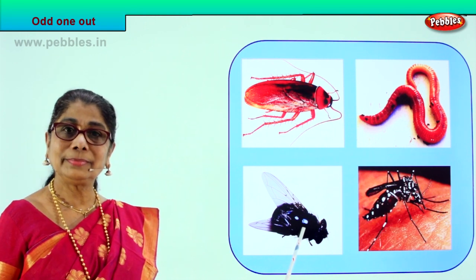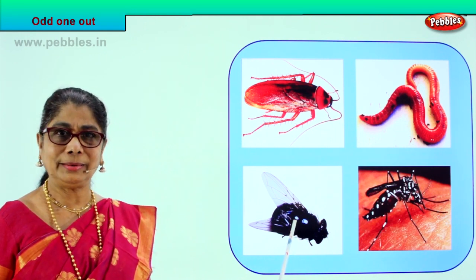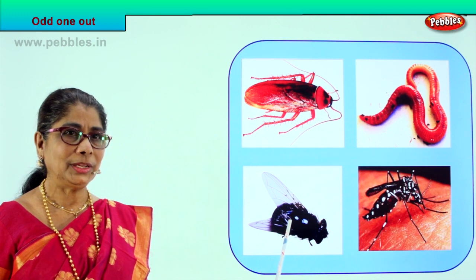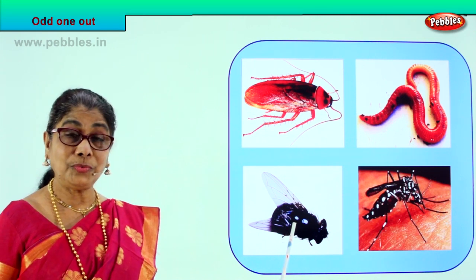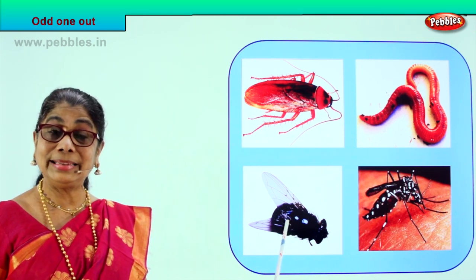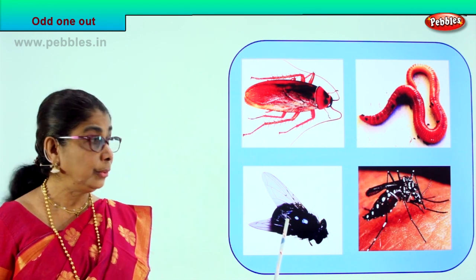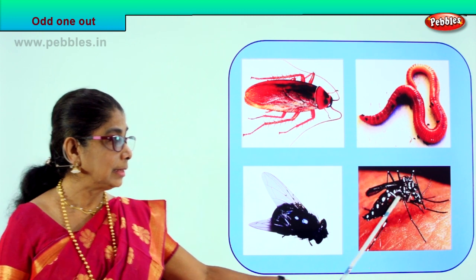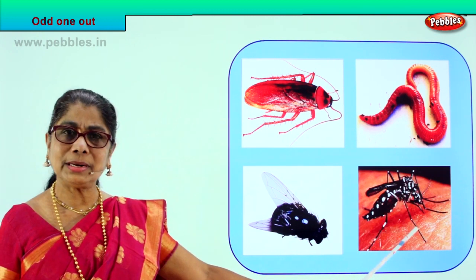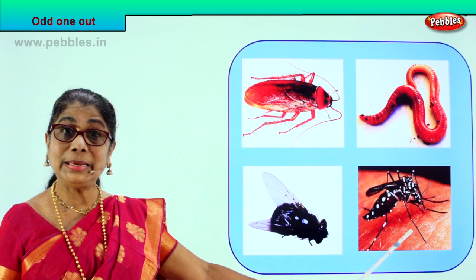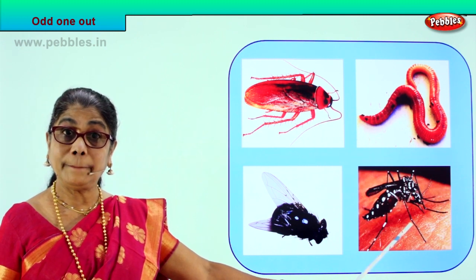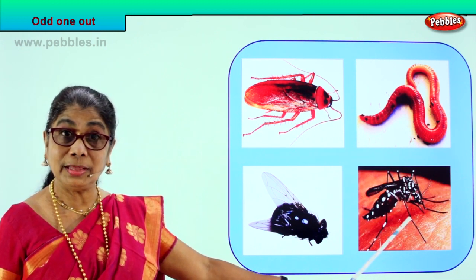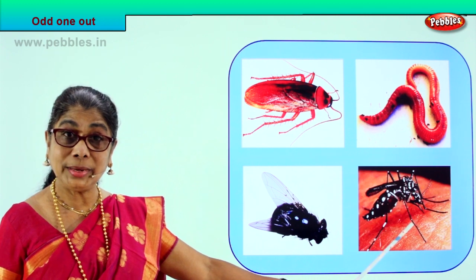What is this? This is a housefly that brings fever for you, sits on your food. Housefly. What is a housefly? Again, it's an insect. Good. What is this? This is a naughty little insect. What is it? It comes and troubles you day and night. Mosquito. Very good. Mosquito brings fever. Yes, mosquito is also an insect.